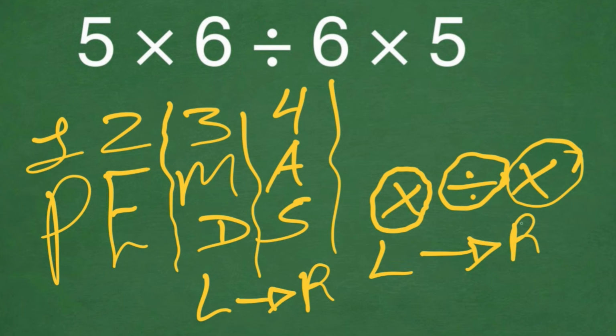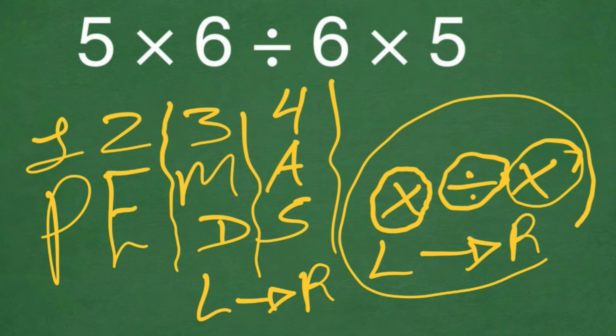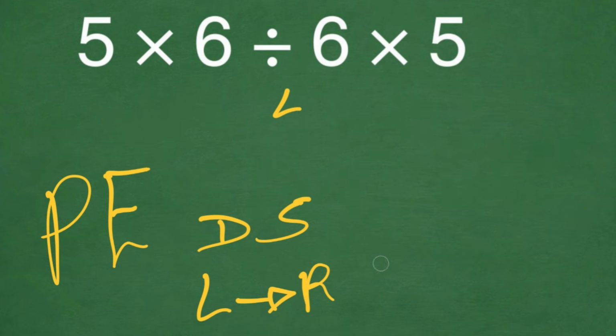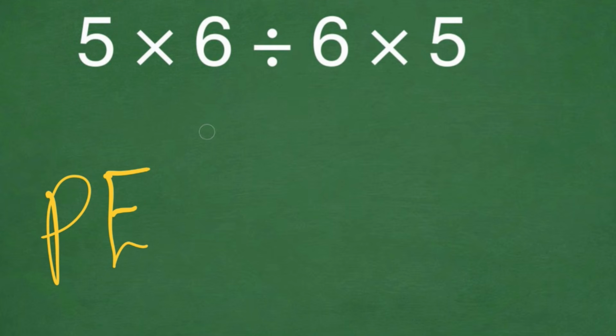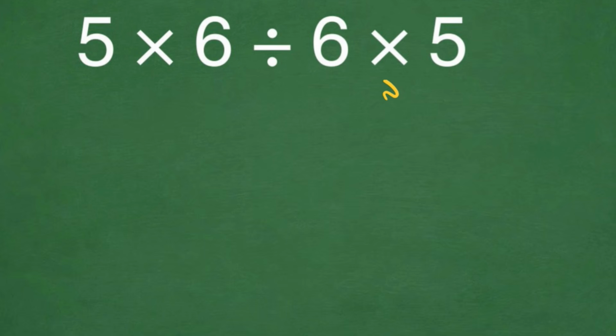This is because multiplication and division have equal priority, right? Their priority is priority number 3, and we have to solve them at 3 equally. So in our case, when we move left to right, first we have to multiply, and then we have to divide, and then we are going to multiply once and for all, and we are going to get the correct